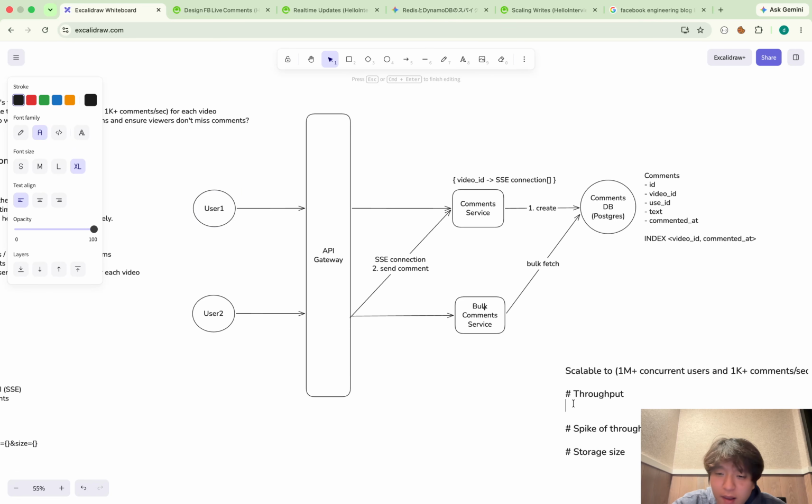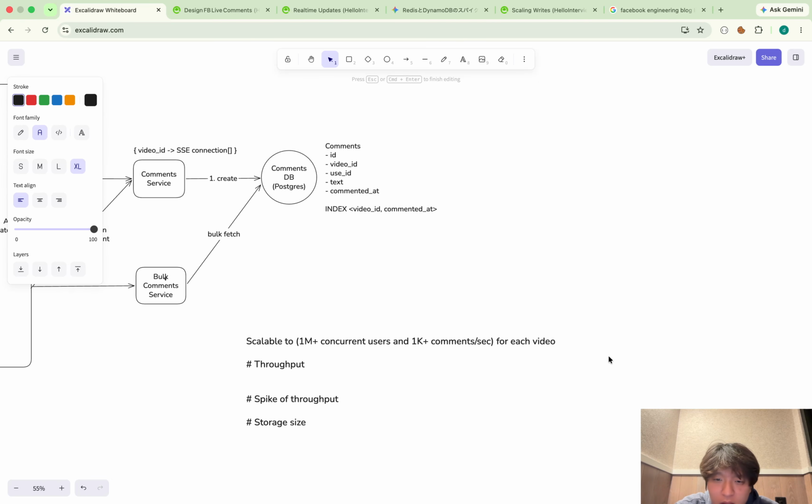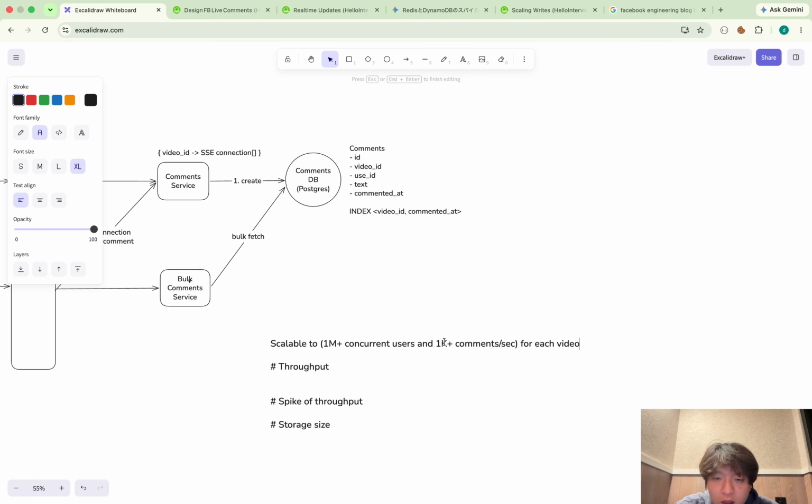Okay, so for throughput, we have 1 million concurrent users. I will talk about 2 things: the number of comments and the number of SSE connections. For the number of comments, it says 1000 plus comments per second, but this is for each video.